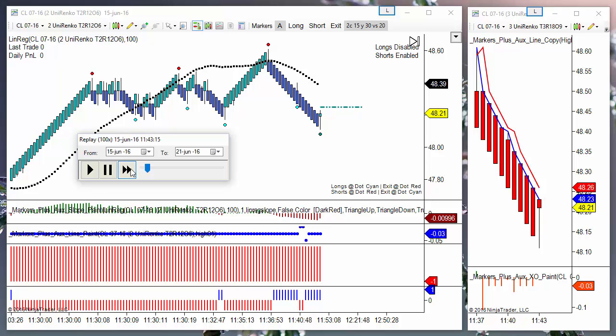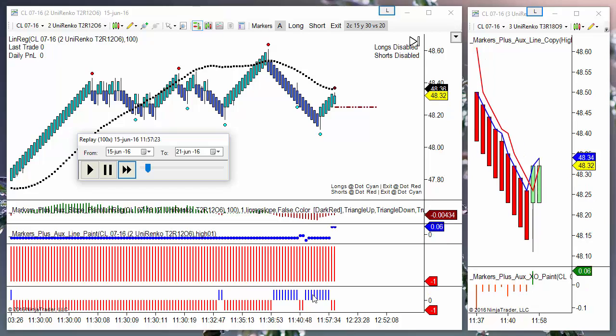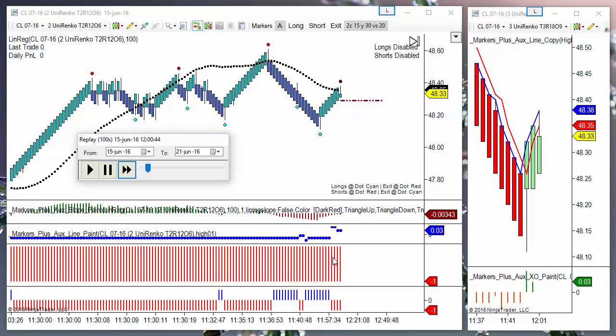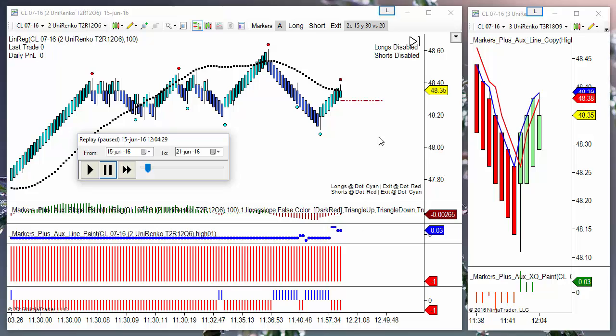The middle histogram is conditions for long, the bottom histogram are conditions for short. So we are short enabled. This is the filter for shorts. Now we are not enabled for anything, neither shorts, neither longs,